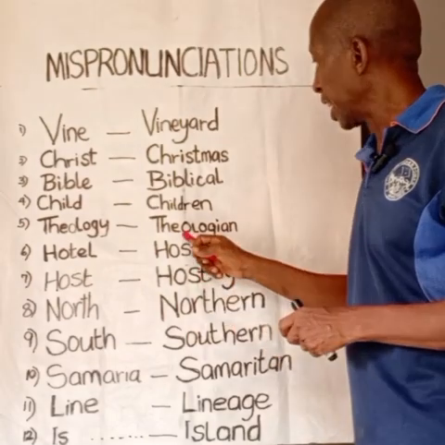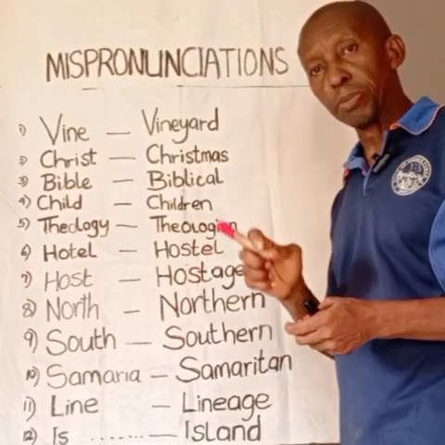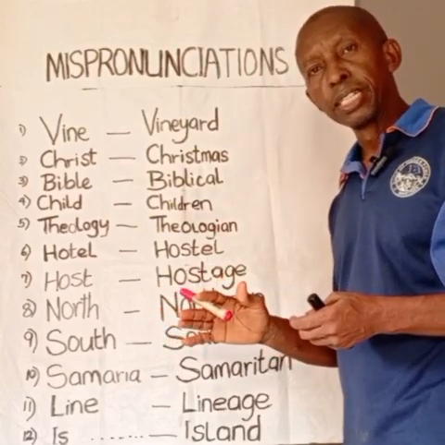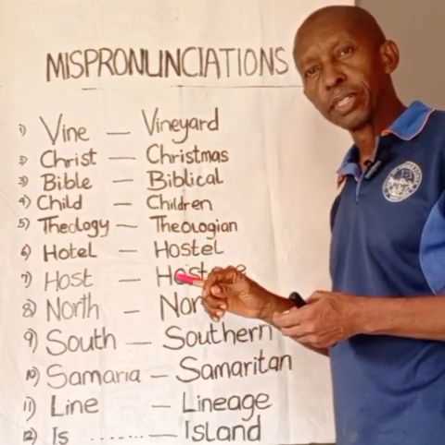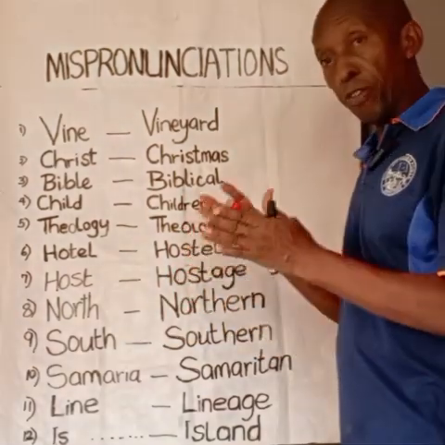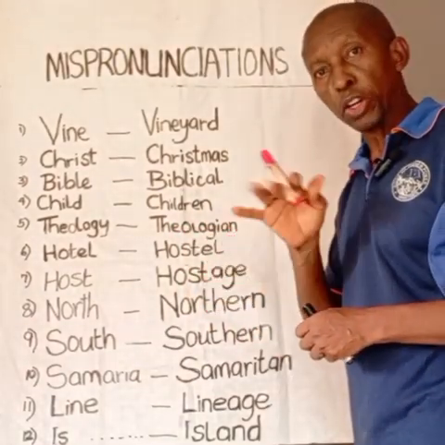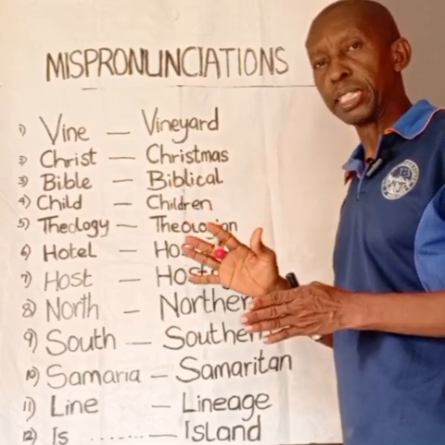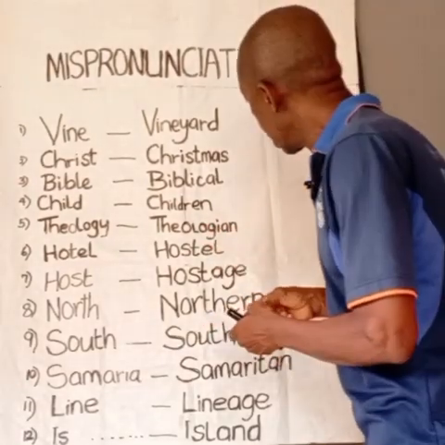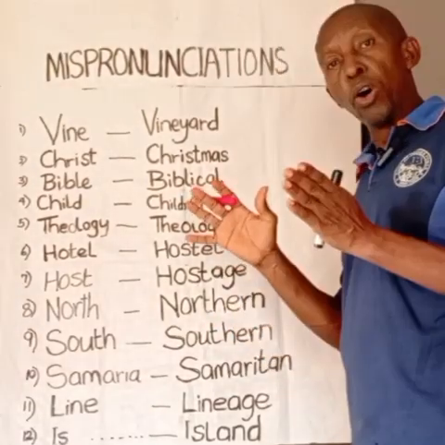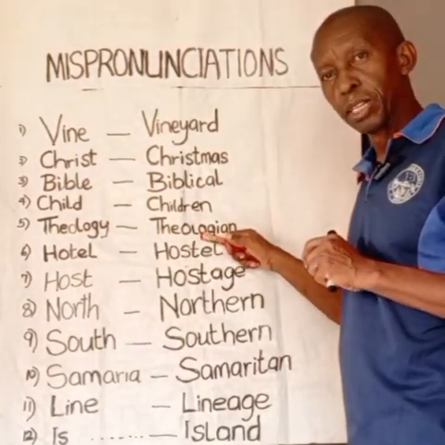I will explain. Here, this word has 3 syllables. The first syllable is theo. The second syllable is lo. The third syllable is jun. Okay? In the first syllable, which is theo, the letter O here makes a short sound. It does not make the long O sound. The second syllable, the O here makes the O sound. Low.